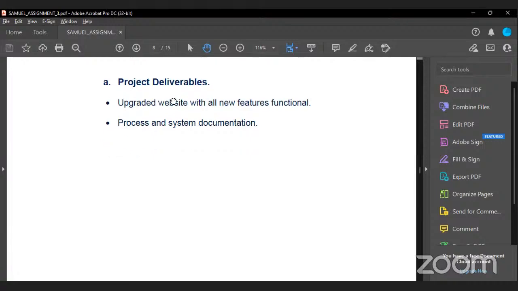The project will also deliver documentation of all the processes and the system. This is for further review, or to assist other project managers that may come, because I'm a freelance project manager, and I might not be working always for this company. So this is just to put everything down to assist the next project manager who would come, if there are any issues, to help them learn about the things that have been done.